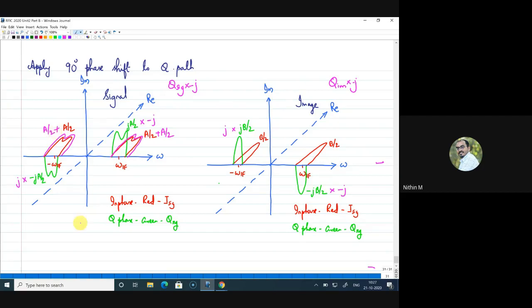Let me give a small representation here at omega IF and at minus omega IF. Now I have a component here. This is my real axis, with an amplitude of a. This is the imaginary axis and this is the real axis. Similarly, if you look at the image component,